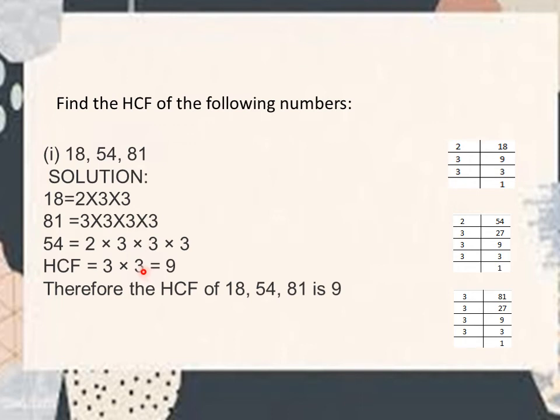So we have taken 2 times 3. Here it is extra, but we cannot take this one because this 2 times 3 is not present over here and here also. So it should be common for all the numbers. Then only we can say it's a highest common factor, HCF. So here 3, 2 times, 3, 2 times and here 3, 2 times, which will give you 3 into 3 is equal to 9. Therefore the HCF of 18, 54 and 81 is 9. 3 3s are 9. Hope it is clear to you. You can practice the remaining questions. Thank you children.